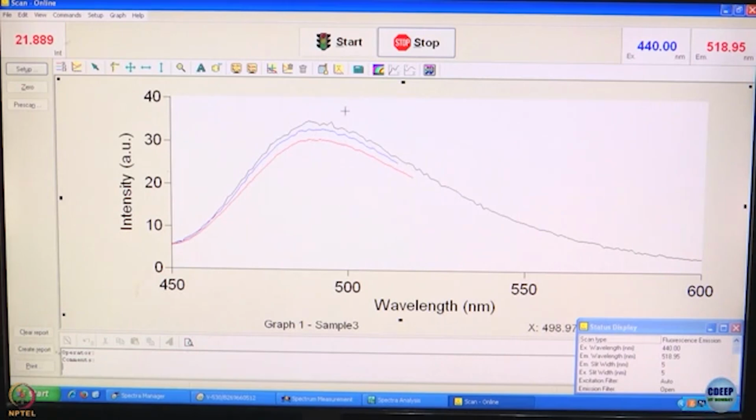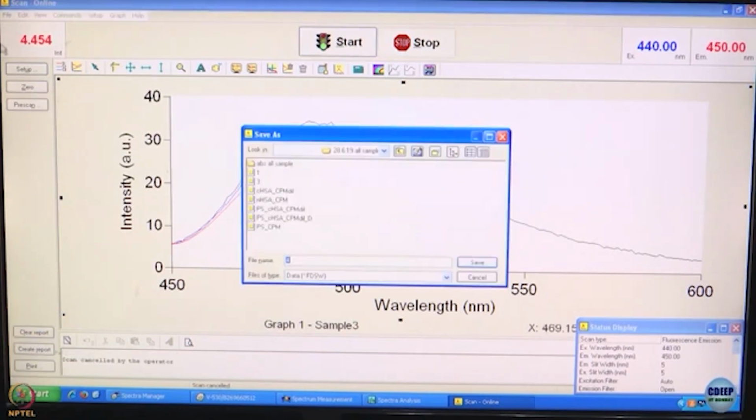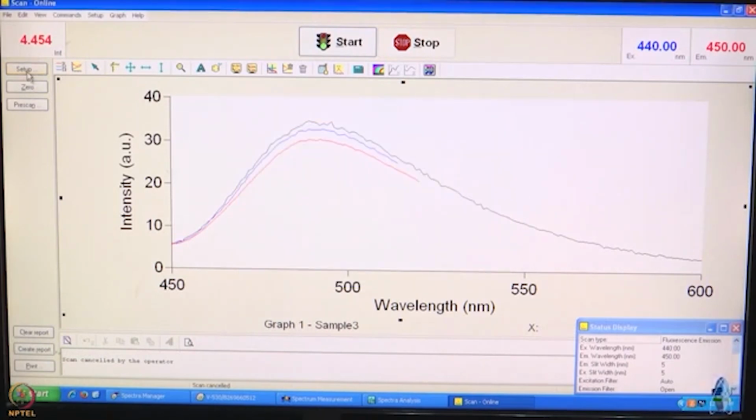Maximizing or minimizing is not the solution. You have to optimize it and find the best possible time for your measurement. Right. So, we stop this measurement here, and now I will show you another kind of measurement that can be done on an emission spectrophotometer. As we had said,